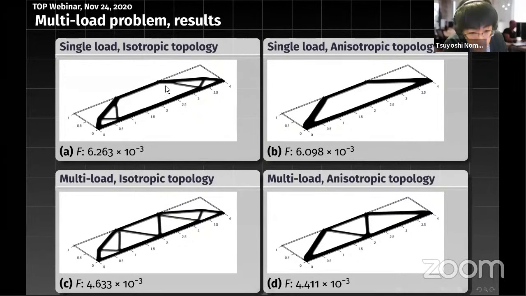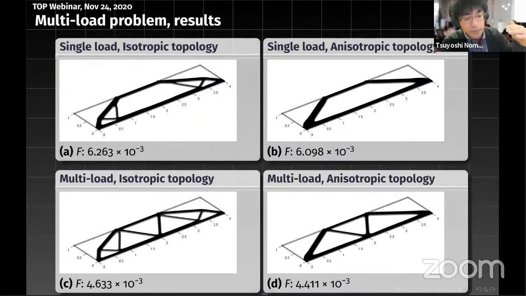The left column shows isotropic topology optimization, and the right-hand side shows anisotropic topology optimization.